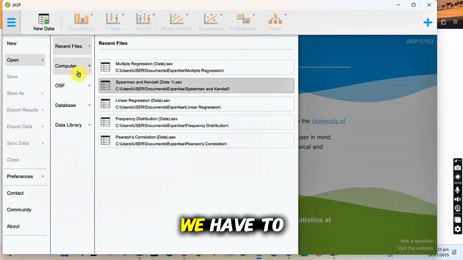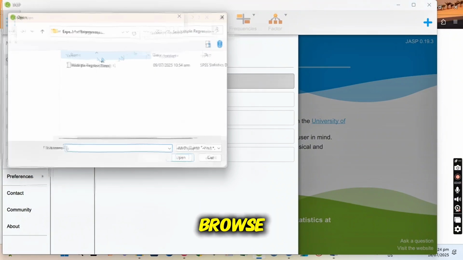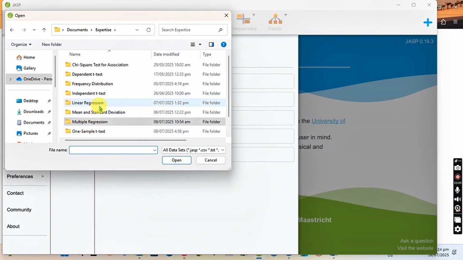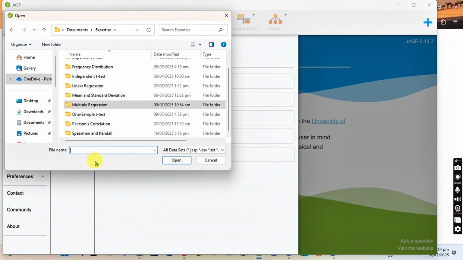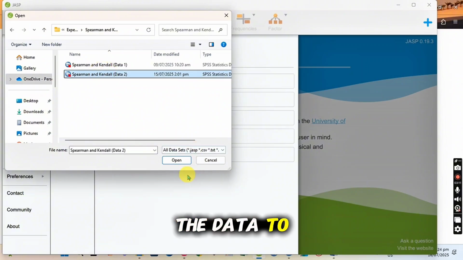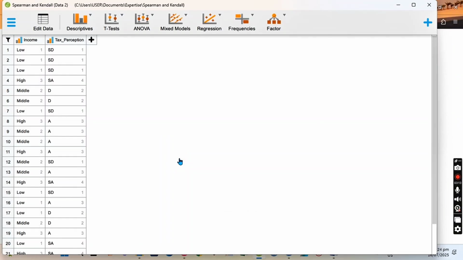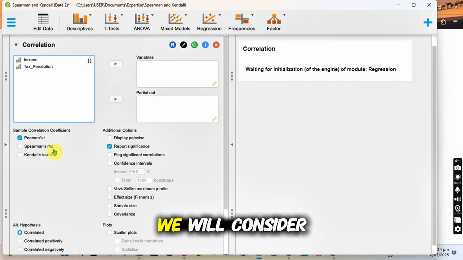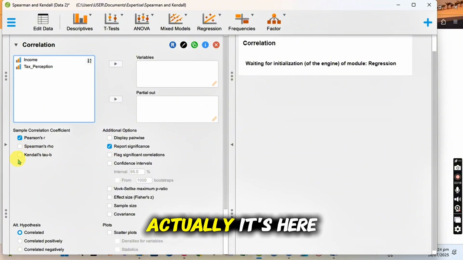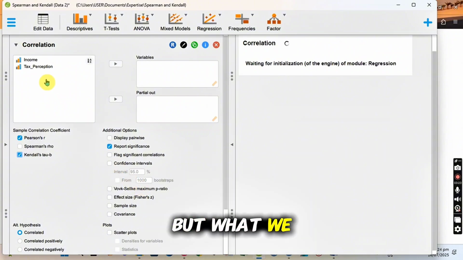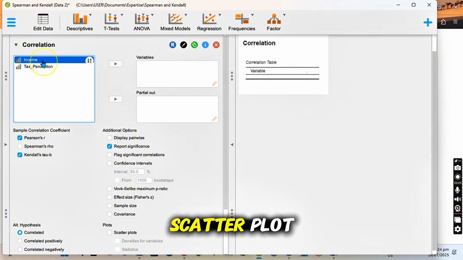So we have to browse for Kendall's Tau B, the data 2. So regression, correlation, we will consider the scatter plot. Actually, it's here, Kendall's Tau B, but what we are going to consider is the scatter plot.